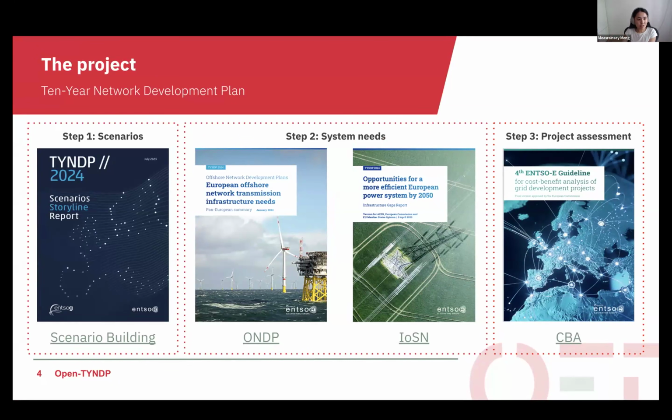The first is the scenario steps, which consist of the scenario building or SB process, in which the ENTSOs develop scenarios which define possible various futures for the European energy system. The system needs step looks at identifying infrastructure gaps at a system scale. And finally, the project assessment consists of the cost benefit analysis, or CBA process, in which each transmission and storage project included in the TYNDP is assessed one by one to determine their costs and their benefits or their added